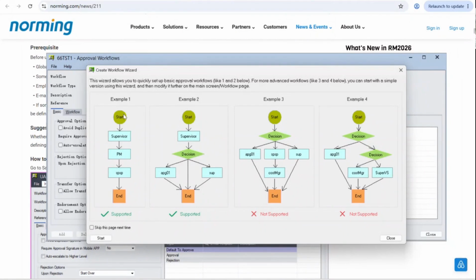Okay, now you can see we can support this type of workflow. We also support some condition-based workflow. But if, in a condition, the approvals are different in one case, it cannot be supported by the wizard. Also, this type of workflow cannot be created directly by the wizard. But as I said, you can create a workflow like example 2, then modify the workflow to make it example 4. Okay, so if you want to skip this page, select skip this page next time, then